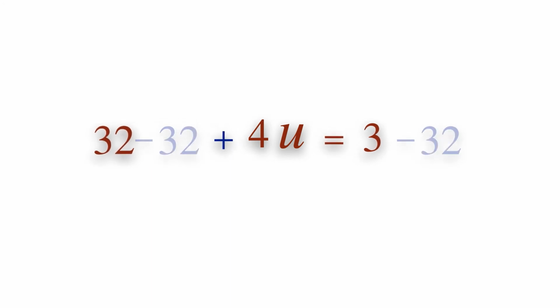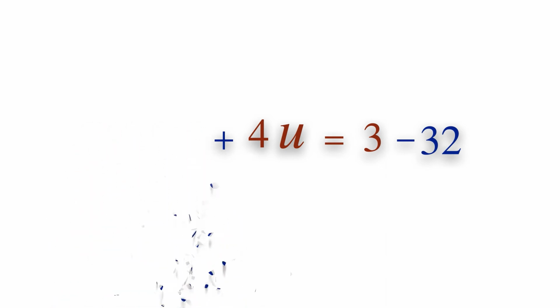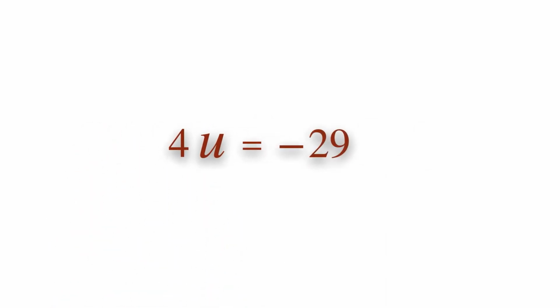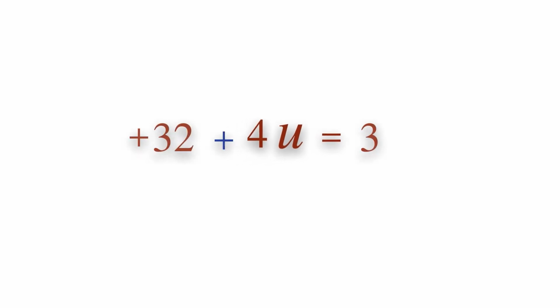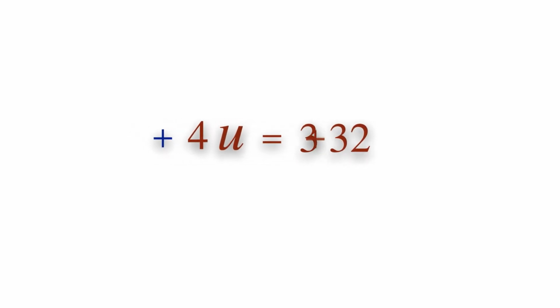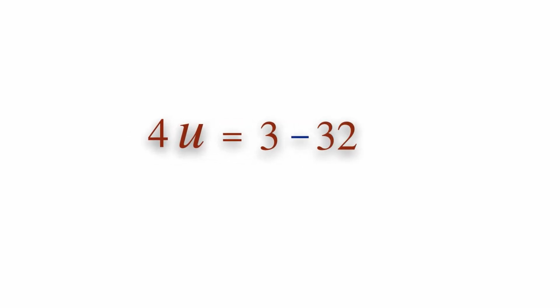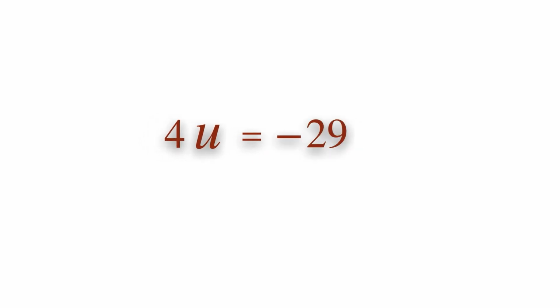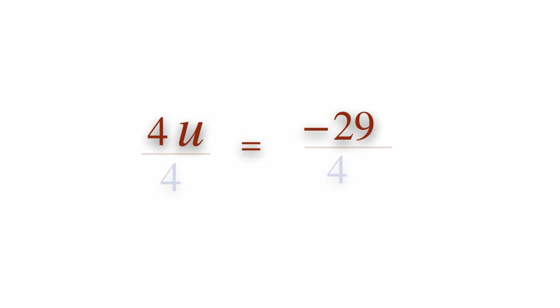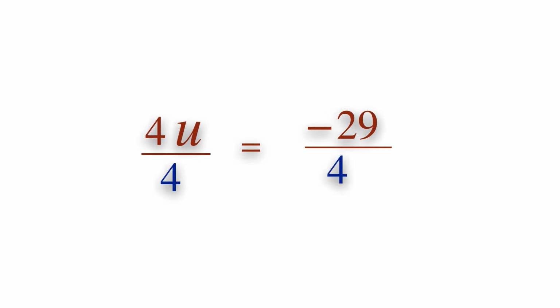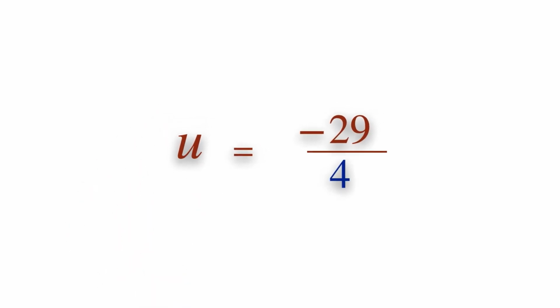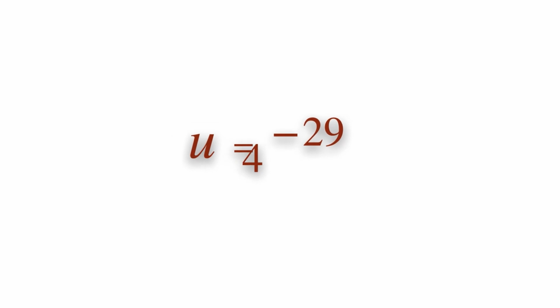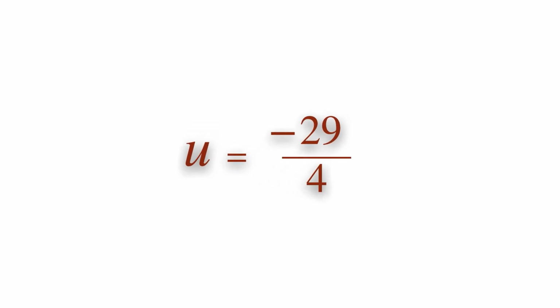Now you can subtract minus 32 from both sides to give you 4u equals minus 29. We can also view this process as moving plus 32 to the right side of the equation and inverting the sign from positive to negative to give the same result, 4u equals minus 29. You can now divide both sides by 4 to give u equals minus 29 over 4, or you can view this as moving 4 to the other side of the equation and doing the inverse operation to multiplying, which